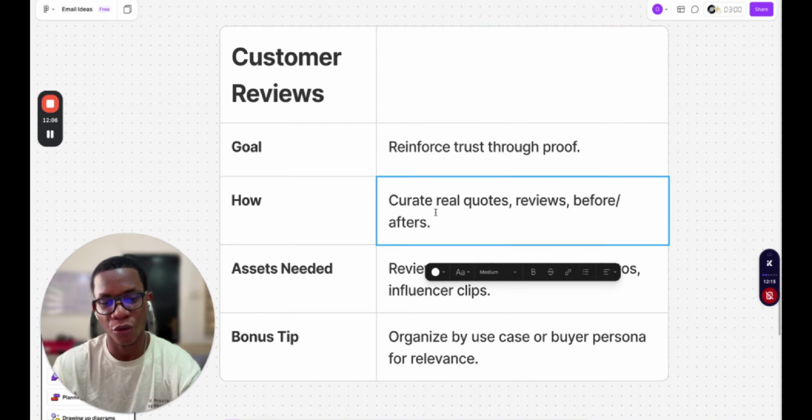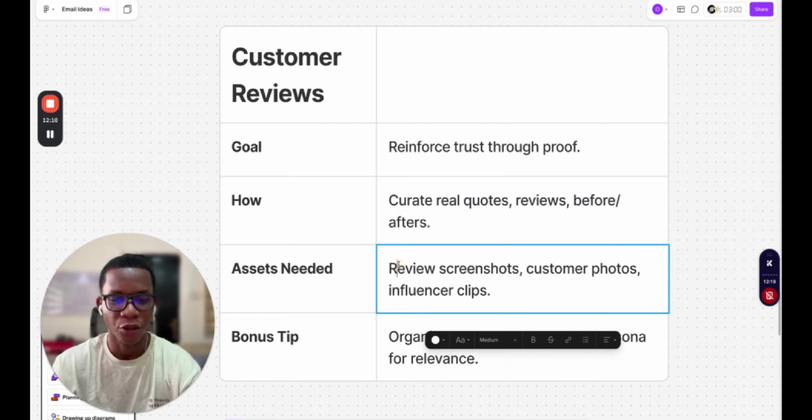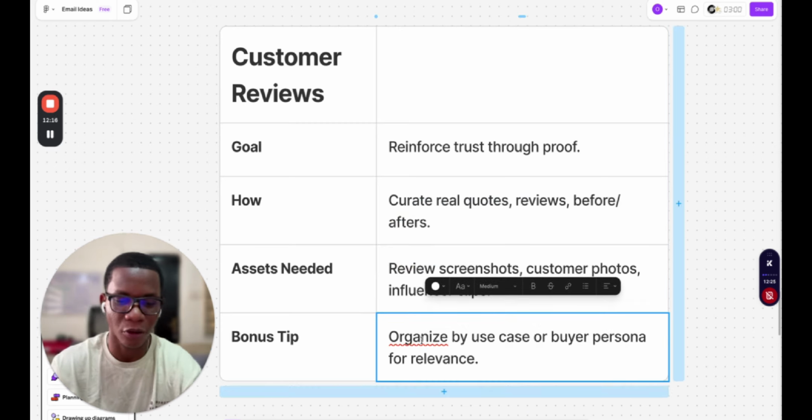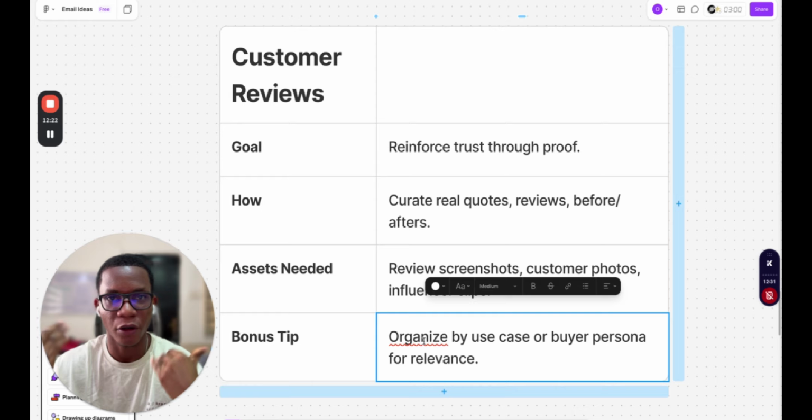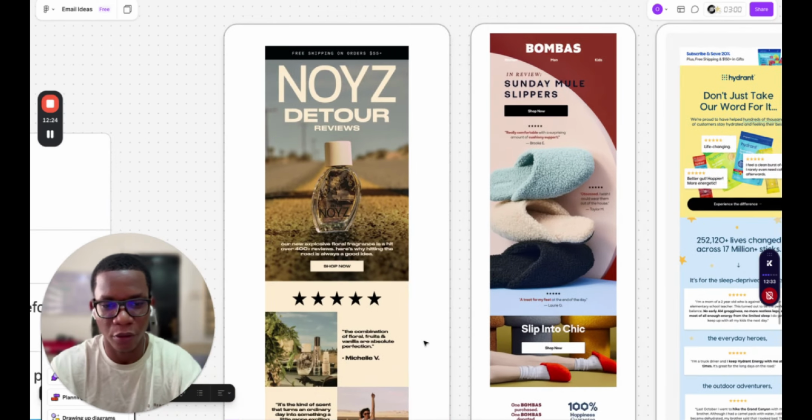So how do you do this? You curate real customer reviews, or before and afters. The assets you need are your customer review screenshots, your customer photos, or influencers talking about your brand. A bonus tip, of course, would be to organize by use case or buyer persona for relevance. I'll give you an example. This is an example from